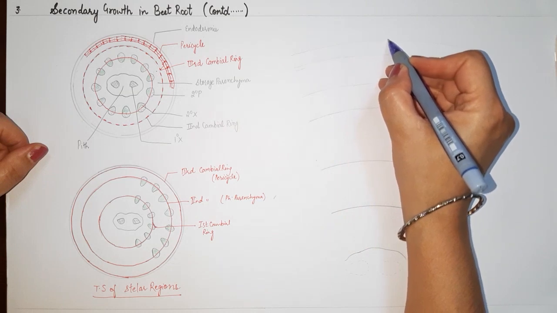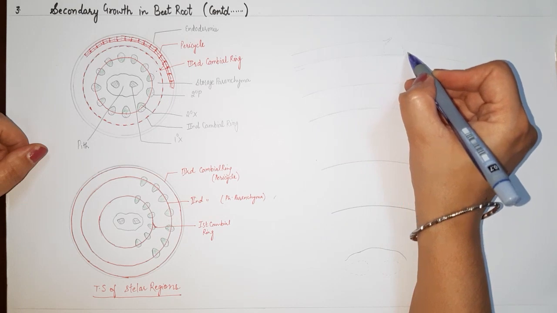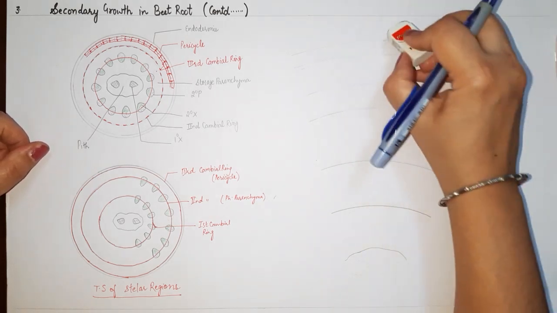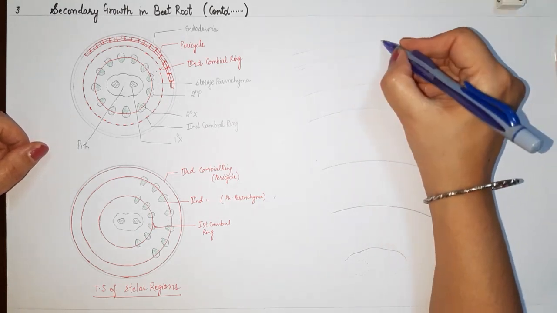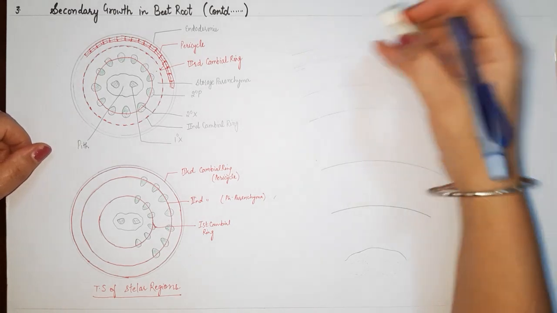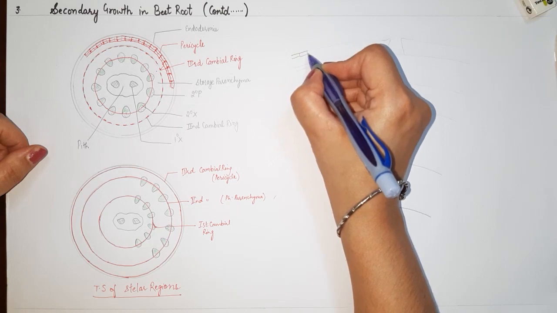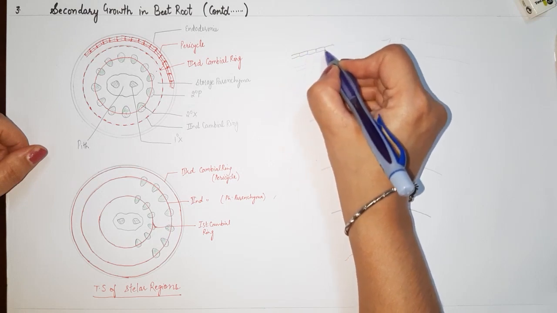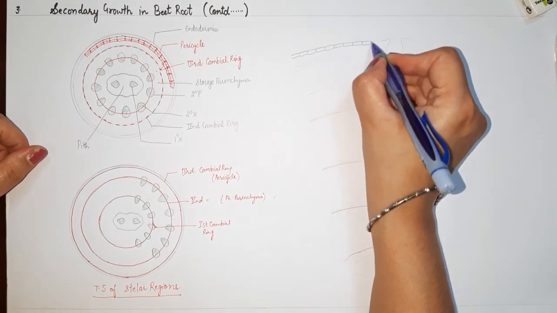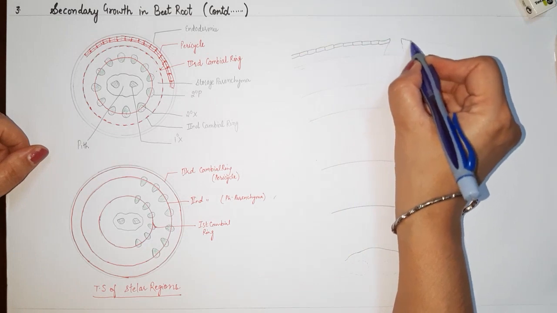So at a few places you should show the gaps. At any place you can show ruptured epidermis, and in this gap we are going to draw a lenticel. So the outermost layer, epidermis, may get sloughed off completely. Okay, you can avoid this layer as well, or it may be ruptured. Similarly on this side also,